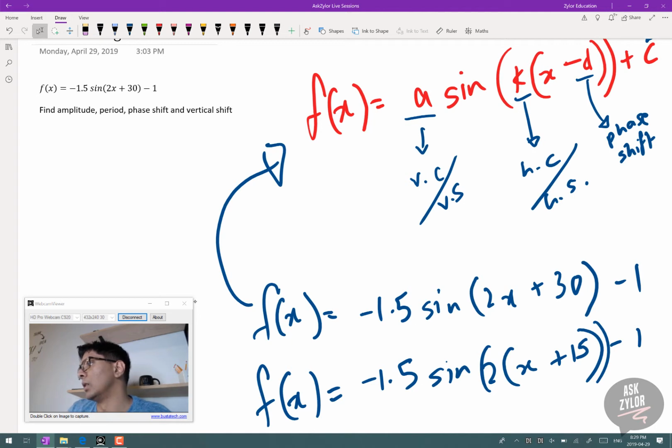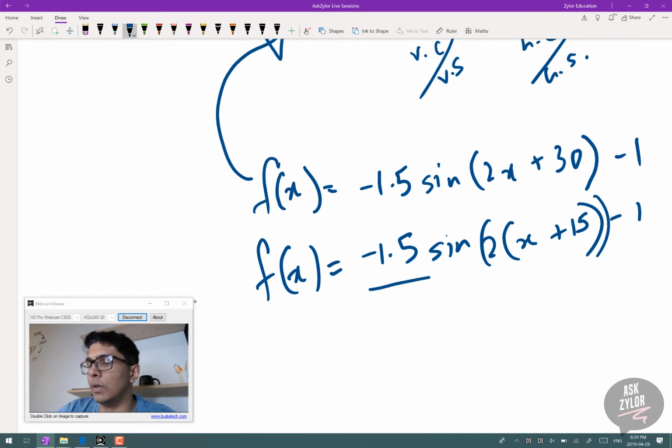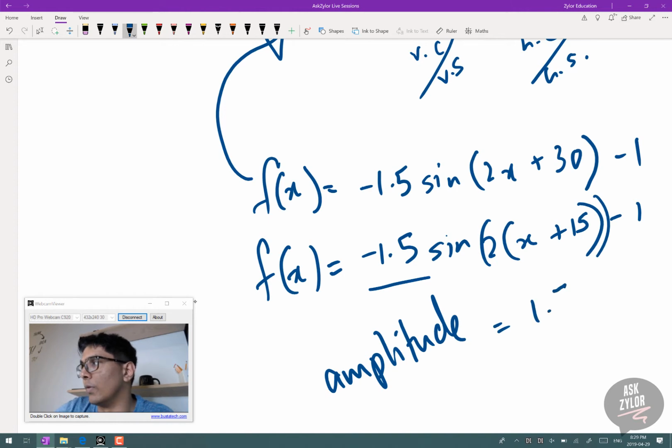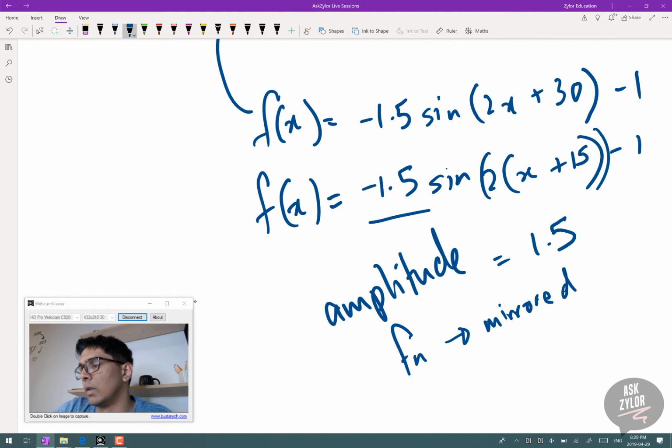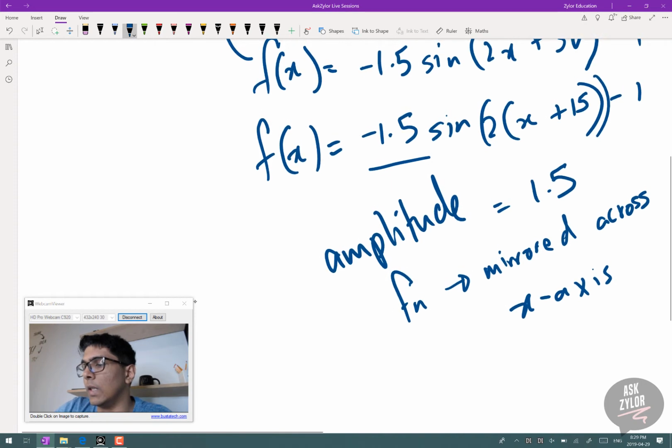Right. So what we have is an amplitude given by just the a value, which is just 1.5, right? But the negative is important because that's telling me my function has been reflected, mirrored across the x-axis, right? And then when we're talking about the period, we're going to account for it by the